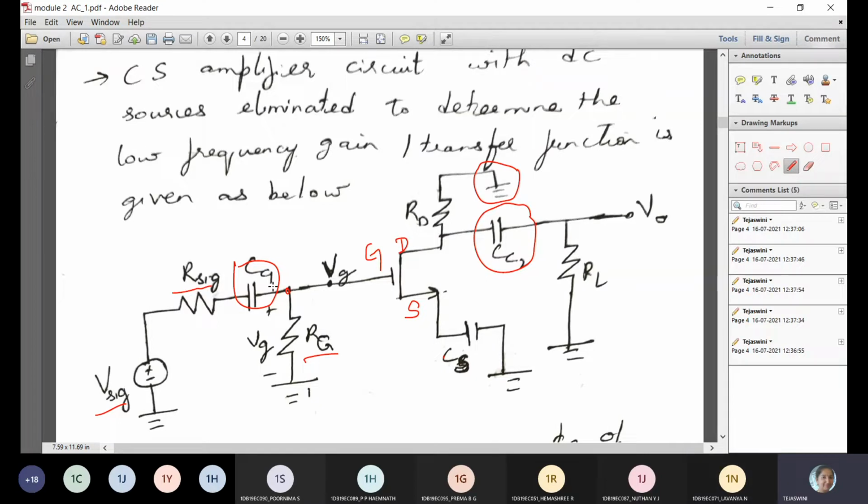Yes. So the first expression you're going to write is Vg, by applying the voltage divider rule. One thing you have to keep in mind, just observe carefully: where are the capacitors you are finding? Is it for all the terminals? Yes or no?